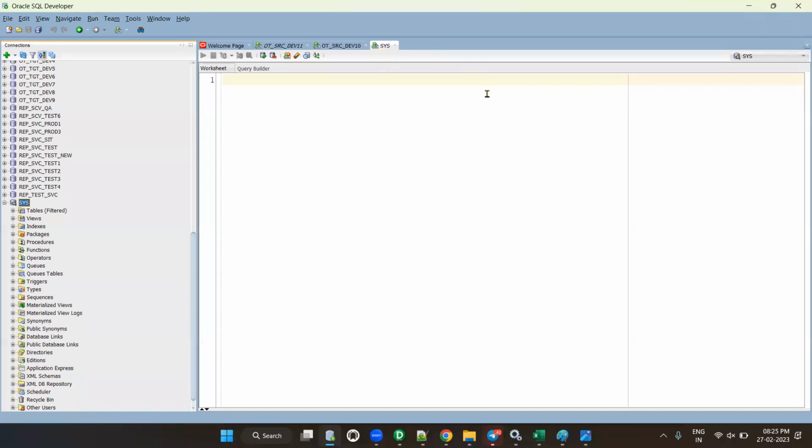Now you need to create a schema. How to create a schema? Why only you created a name? Not just a random name, just a meaningful name. You can create with your name also. So I am creating a schema called OTSRC Dev 12 now. You write it: Create